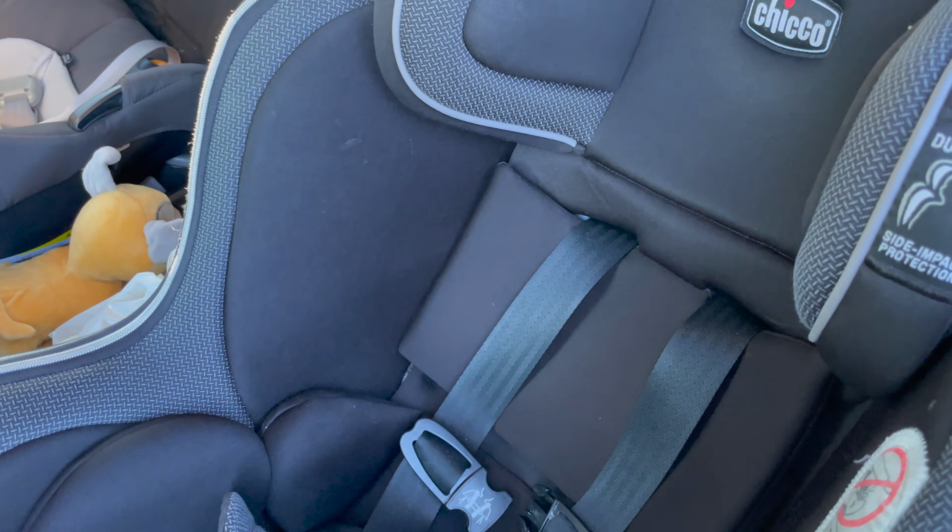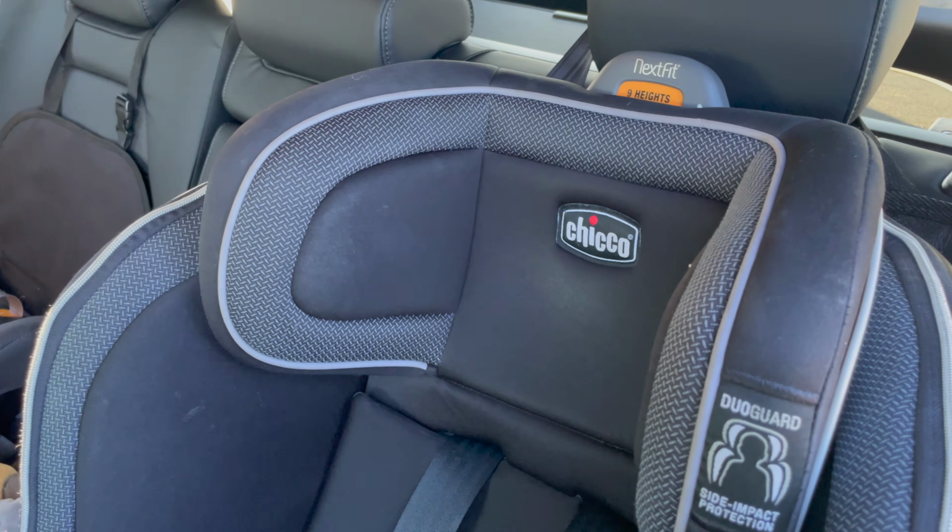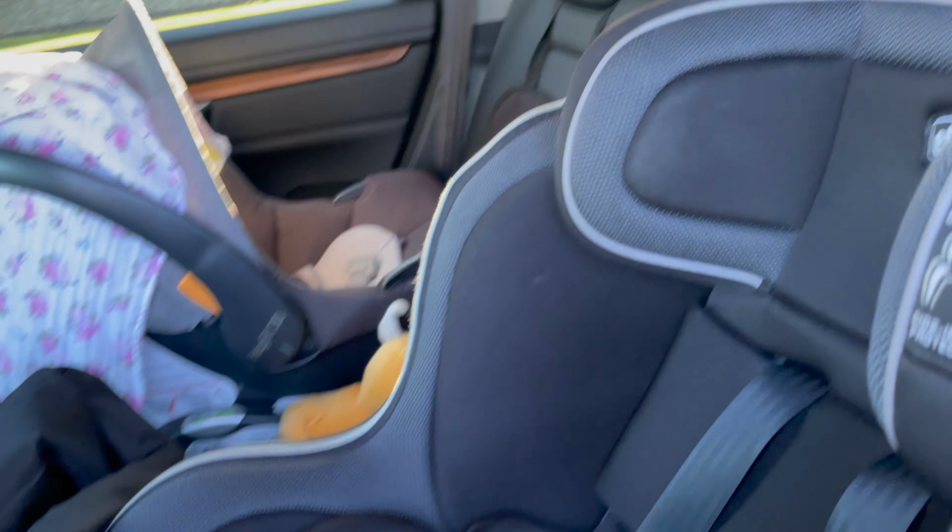Then you have your 60/40 bench back here on the seats, which fold down, which you could fold down from here or back there. And then also, let me move my jacket out of the way. Also,